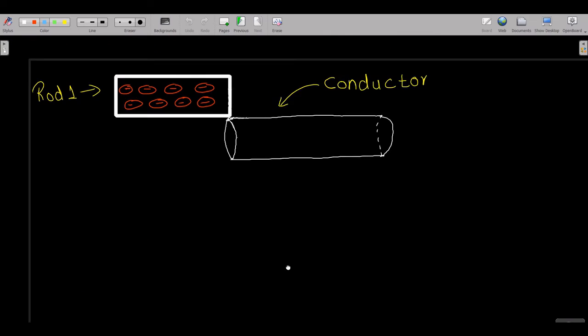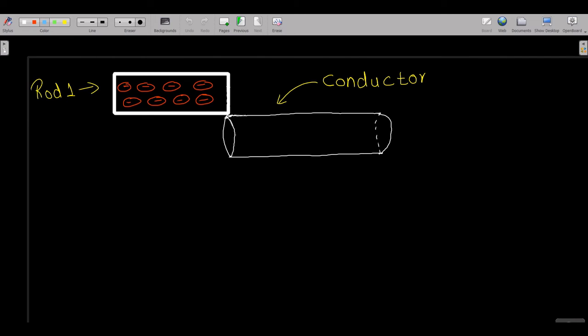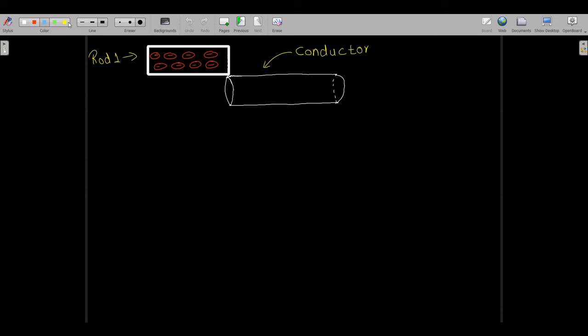So I hope you had thought of your answer in your mind. Now we will see the proper answer for it. When we touch this rod to a conductor, the transfer of negative charge takes place, due to which the conductor, suppose this particular part, gains some negative charges. That means the transfer of charges takes place from this rod to the conductor,